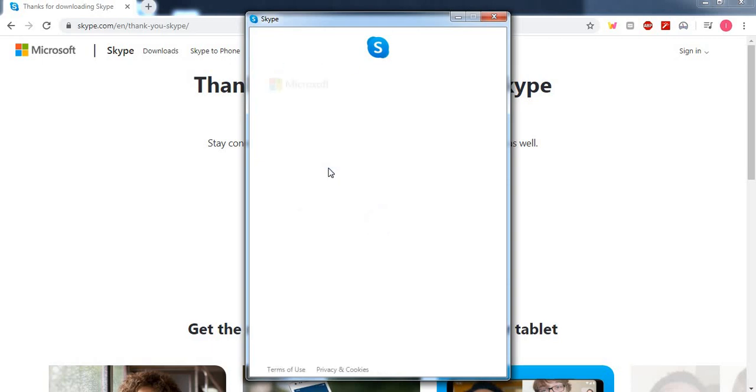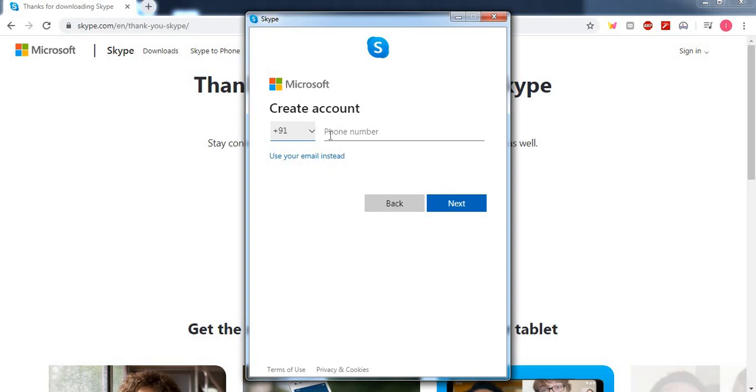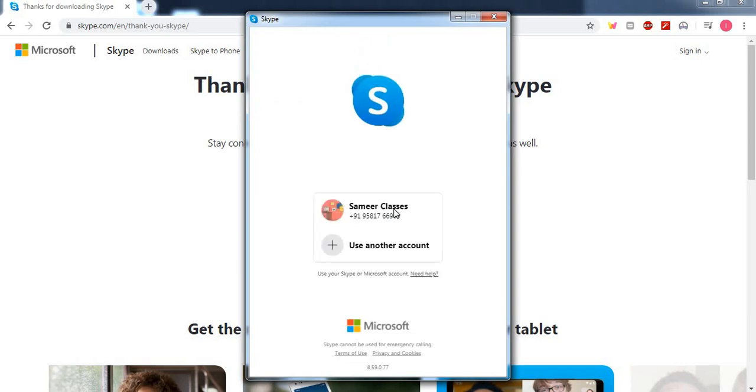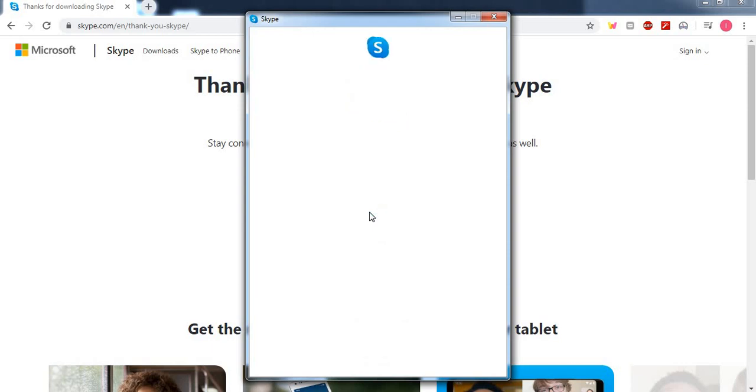You can sign up through your mobile number or your email ID and create your new account in Skype. In my case, I already have an account, so I'll just log into that account.